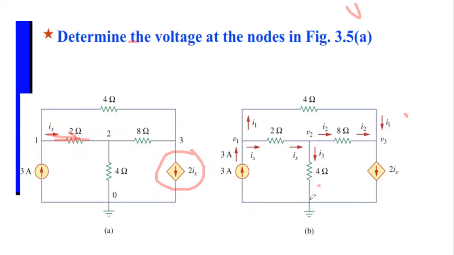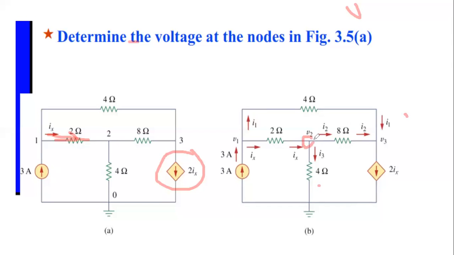Now, once we have all these equations, all these things, can you write Kirchhoff's current law for all these 3 nodes? Please write it quickly. Kirchhoff's current law for these 3 nodes. For first one, it will be 3 ampere going inside, incoming, and I1 and Ix going out. So incoming equal to outgoing. 3 ampere is equal to Ix plus I1. So that will make the first equation.